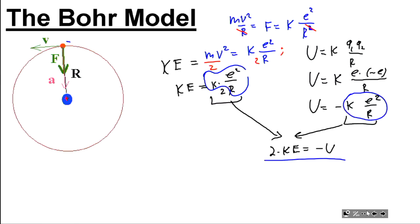Why do I need it? Because eventually I want to calculate the total energy of the atom. And total energy, as we know, is equal to what? It equals kinetic energy plus potential energy. So, kinetic energy is equal to -1/2 of potential. So -1/2 of potential plus potential,